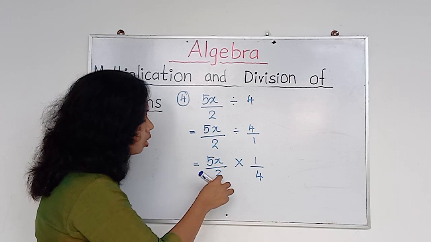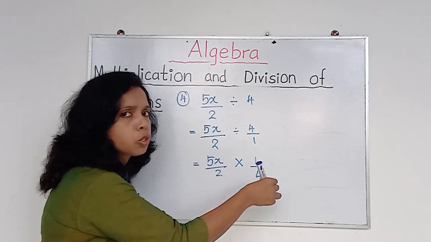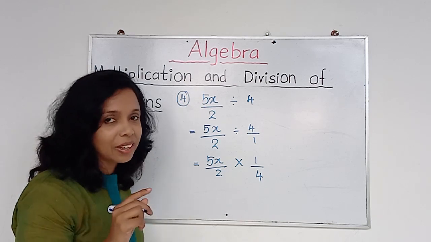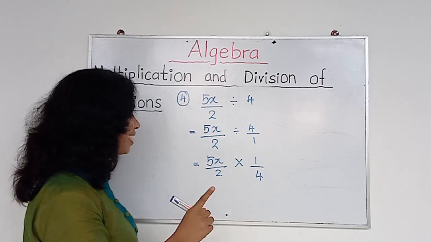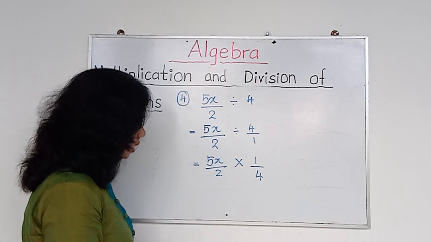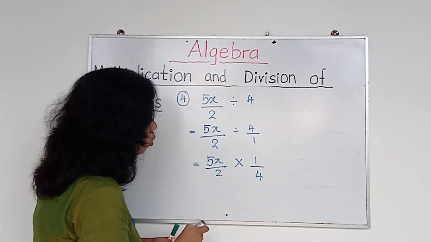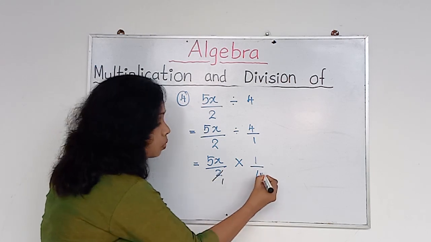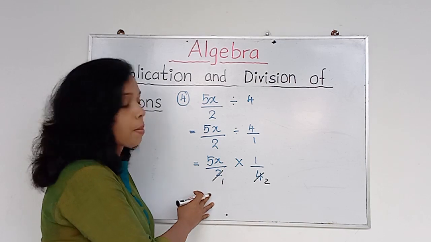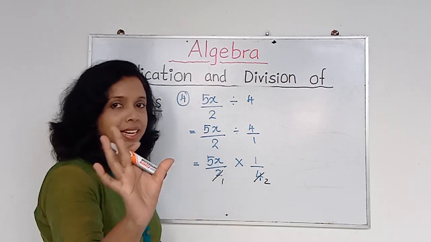Now look at this. 2 times 1, 2 times 2. Can I simplify like that? No, you cannot. That's what I selected this question for, for you to understand that concept. So, can you simplify like this, 2 times 1, 2 times 2? No way. Right? Both of them are denominators. You can't simplify like that.